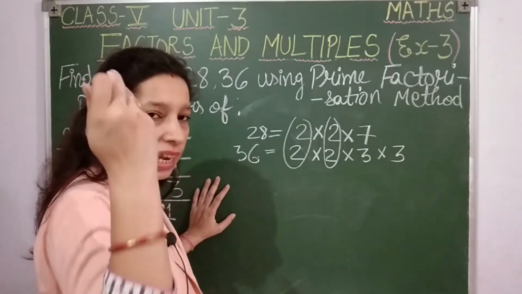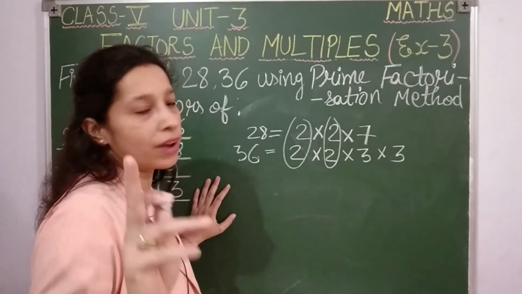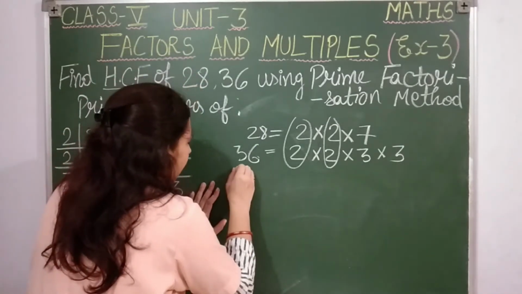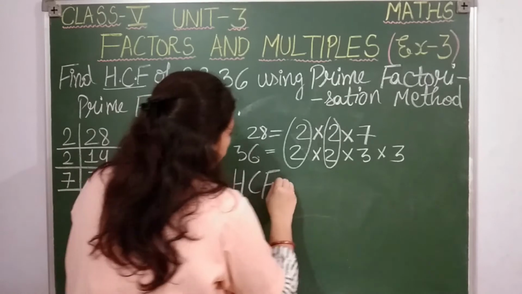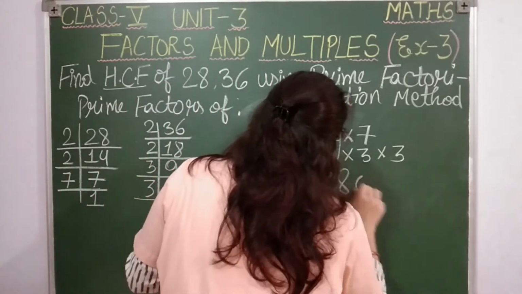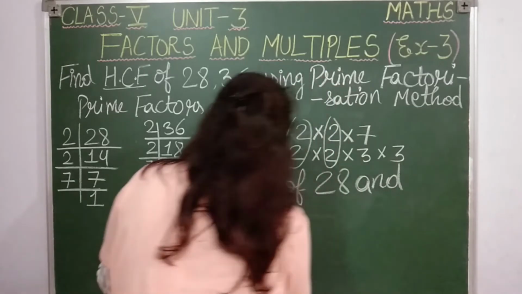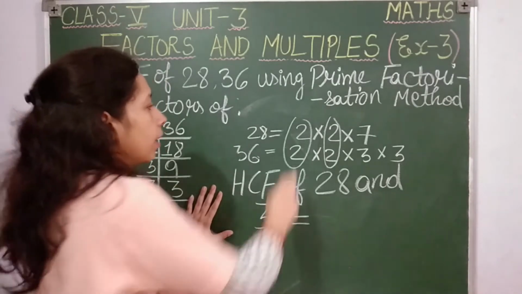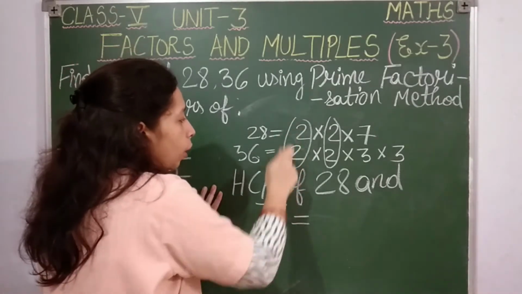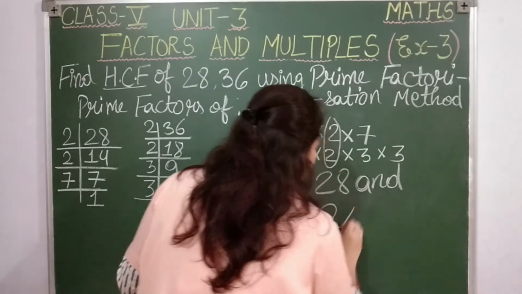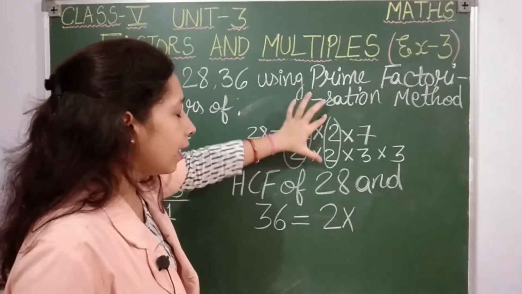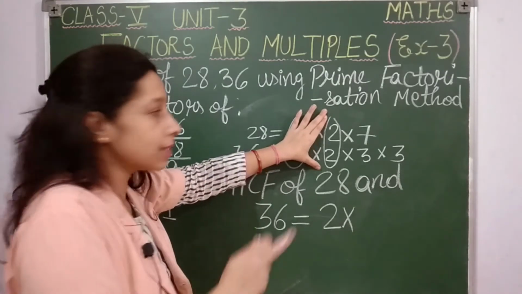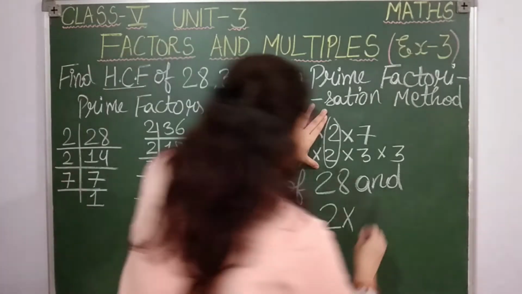So what you are going to do? Leave. We are only going to take the common factors. Common factors here are 2 and 2. Now see, here I will write HCF of 28 and 36 is equals to, you have to take the common ones, students. So common means only one you are going to take. Here there is a pair of 2's, so take only one 2 from here. Okay, here also 2 is there. Again here also 2 is there, means we have found the common factor for 28 and 36. So from this 2 take only one number, means 2.